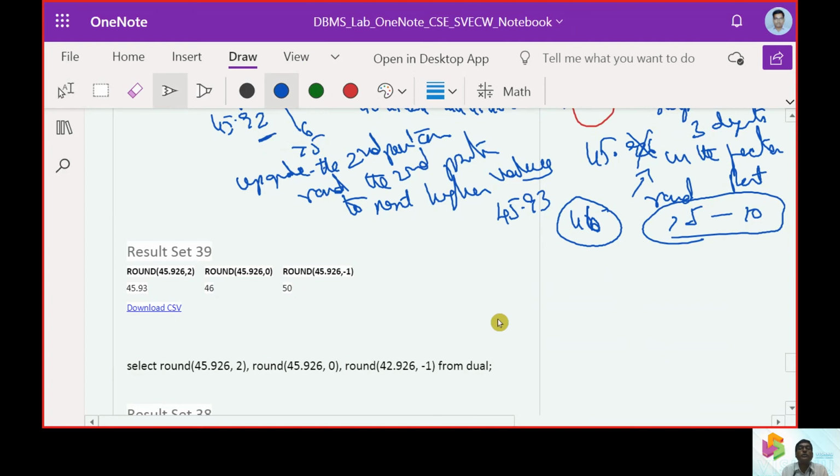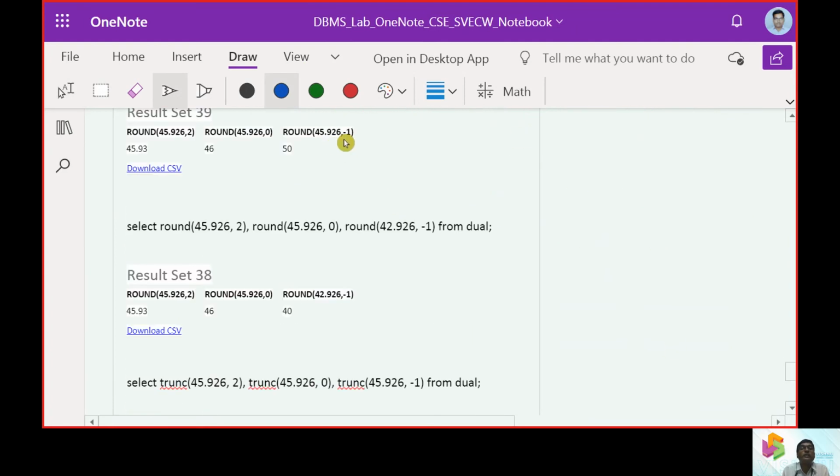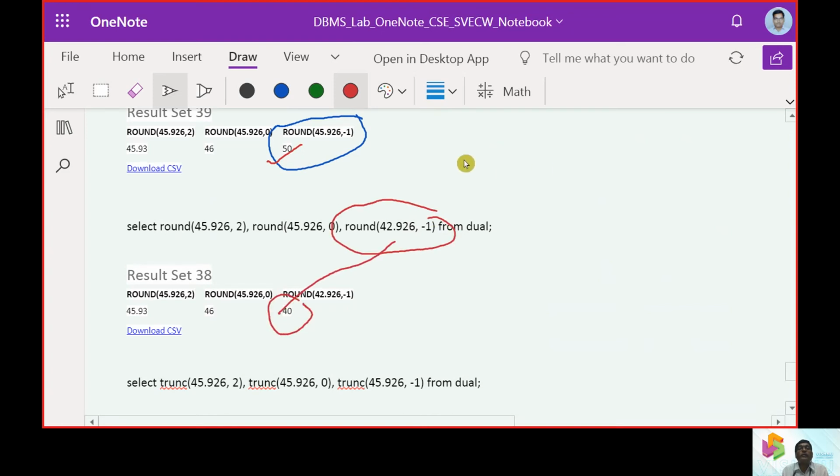You can observe the two changes I was mentioning. When it is 45.0, then it is 50. But when it is 42.46, then it is moving to 40. That means I'm going to have a slab system like 10 to 20, 30 to 40 and 40 to 50 in this way. So the positions are going to be taken up: 41, 42, 43, 44, 45, 46, 47, 48, 49 and 50.